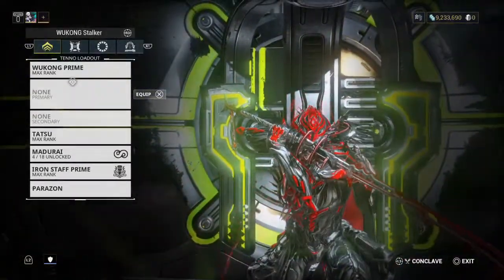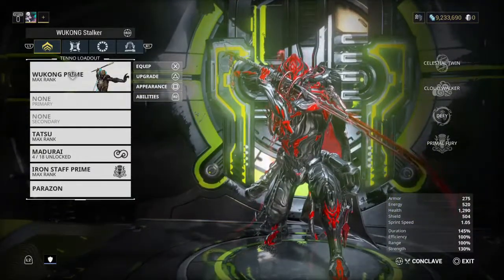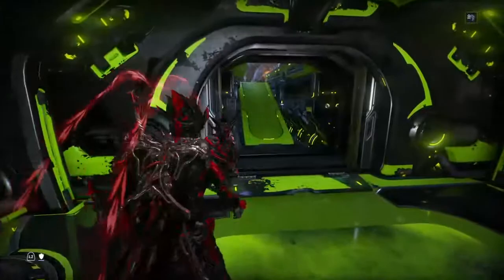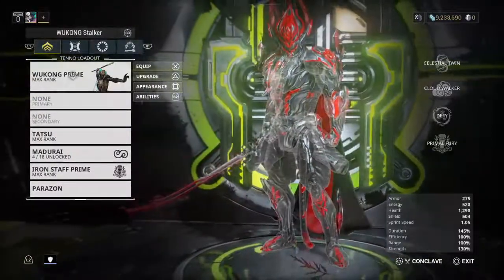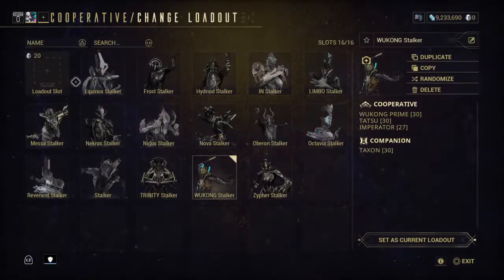But let's not be Wukong. Because, yes, he has 1,000 health and 500 shield. Actually, you know what? We'll carry a Wukong, I don't see why not. But I want to build for damage instead of energy this time, because I'm not really going to be using energy much. Actually, let's not play Wukong. Let's play...